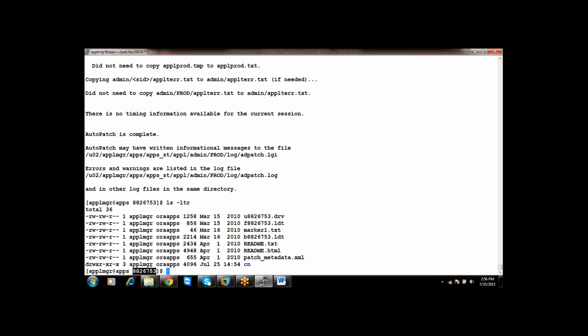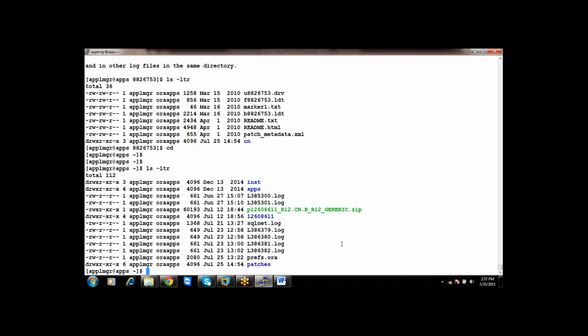Previously I applied the same patch which copied files to the applications. Now I am applying the same patch which has to copy files to the applications. When we compare the file version in applications and patch, both will be the same. When both files are the same, it will not copy the files. So if it is not copying the files, it will not take the backup of the files. It will only take backup of a file when it is going to copy the file.